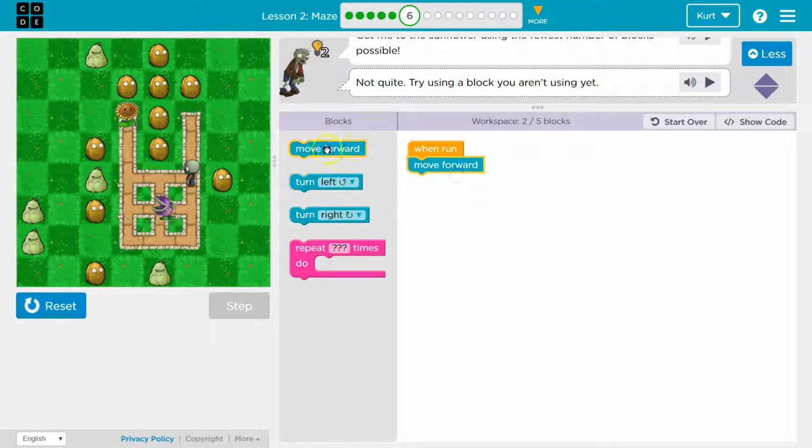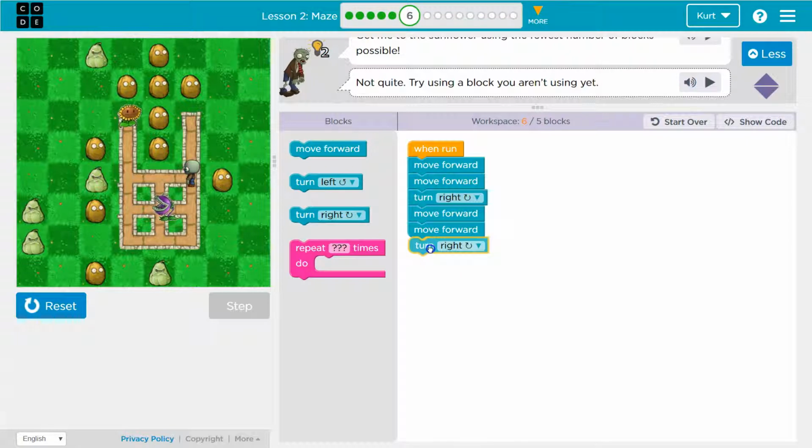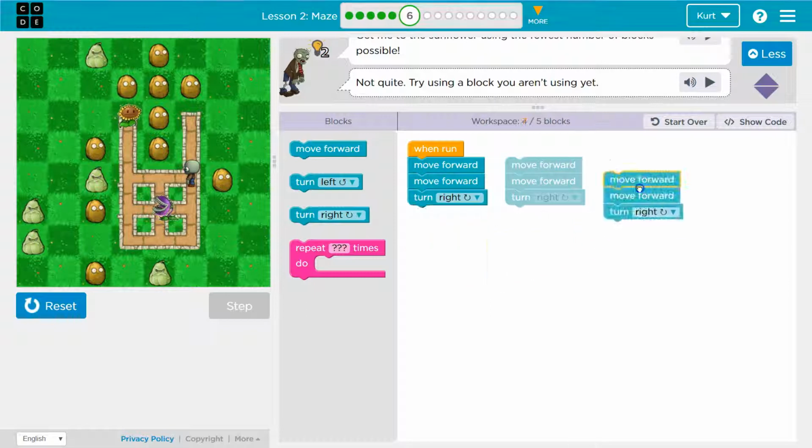Let's say we don't have a block limit. Move forward, turn right, and we'll be here. Move forward, turn right, and we'll be here. Then move forward, and we can turn right after we eat the flower. It won't matter. And if you look, all of this code